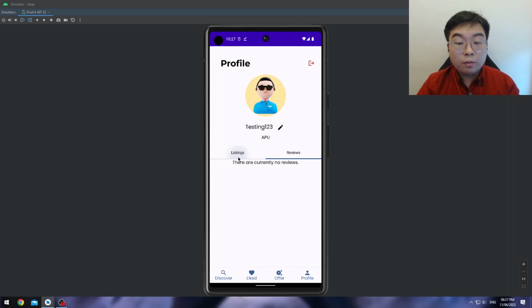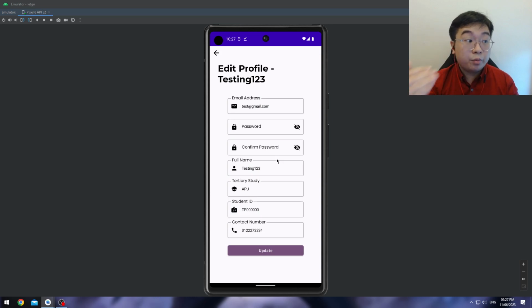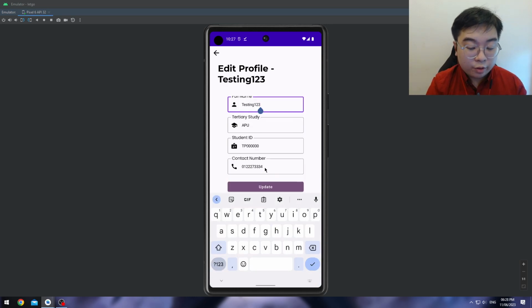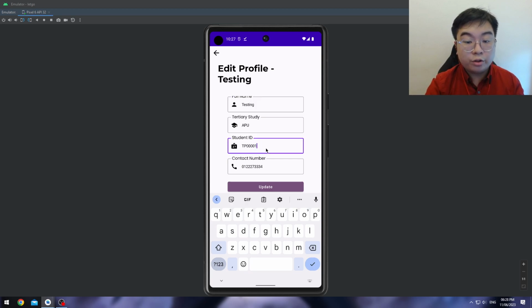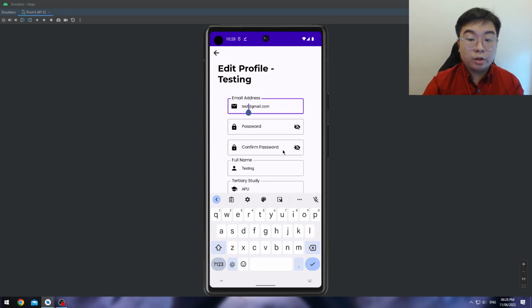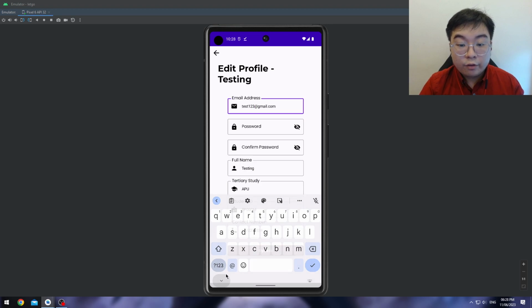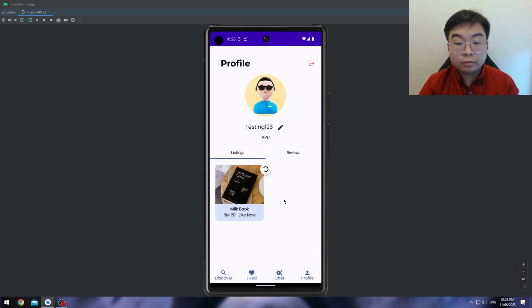Alright, so moving on to this pencil button here, when I click on this, it will show that I'm editing my own profile. So let's say I don't want to call it testing 123, I just want to call myself testing. And then the user ID, I'll change it to 0011, and the email will be test123. For the password, it is okay to not change it, so I'll leave it blank here. But if users wish to change the password, they are always welcome to do so. Now, after I click on update and refresh,